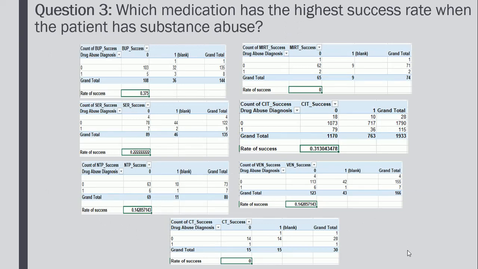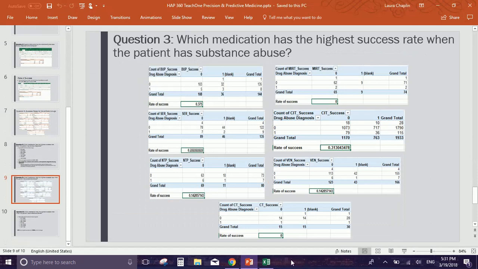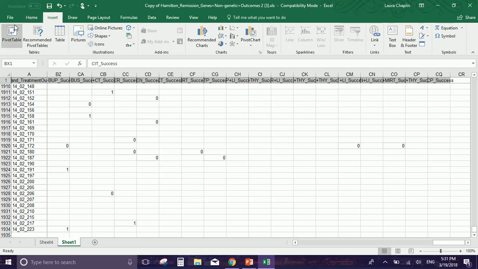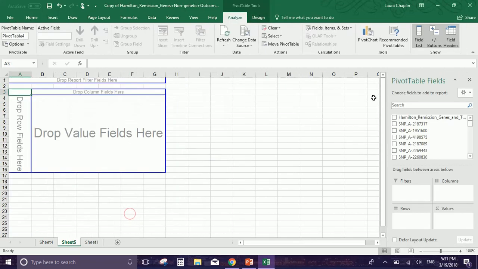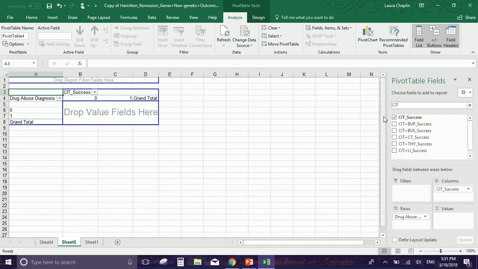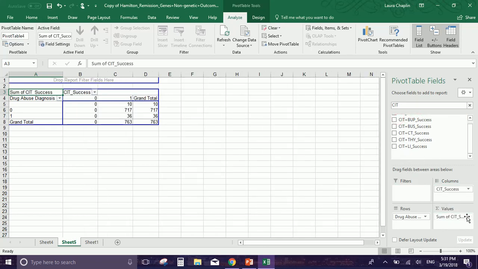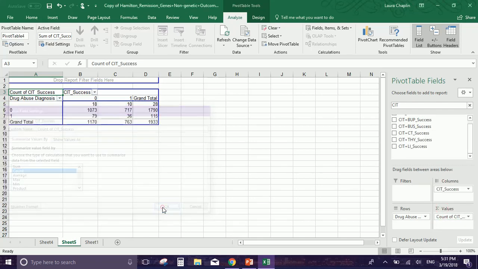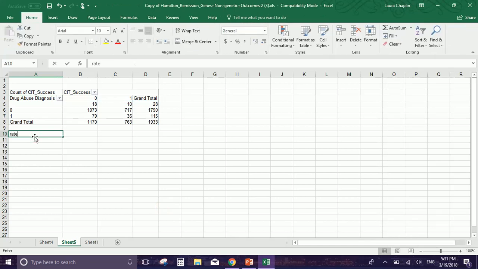Now question 3 asks, which medication has the highest success rate when the patient has a substance abuse? So again, you would go back to the same data, and you would go to Insert, Pivot Table, again, OK, because all the data has been selected, and this time you would type in drug abuse diagnosis, put it in your rows section, and for this one I'll do citalopram again, and you do columns and values, and again change the value field settings from sum to count, and then again to calculate the rate of success